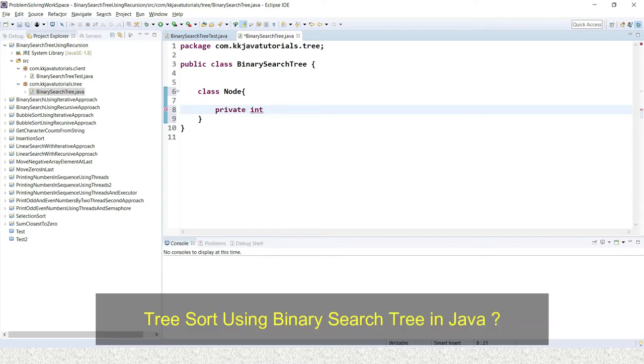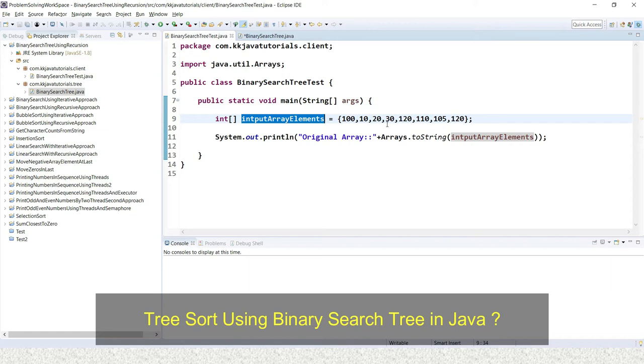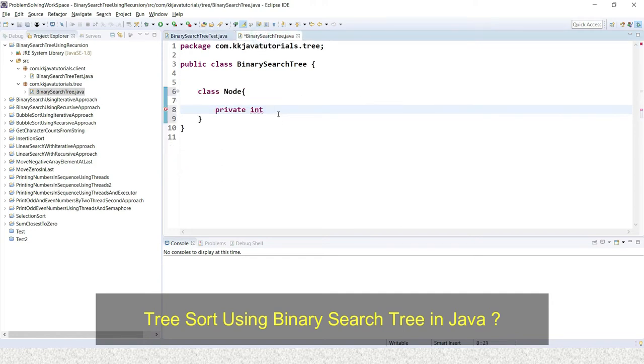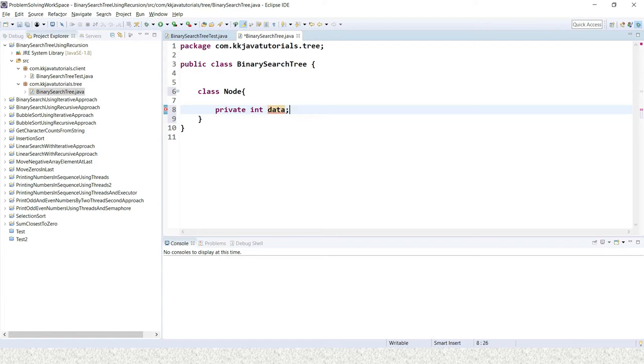We are going to construct a binary search tree from this array, which contains elements as integers, but data can be of any type. Just for simplicity I have taken an array of integers. So here I am going to specify data. Then you have two nodes, basically a left reference,